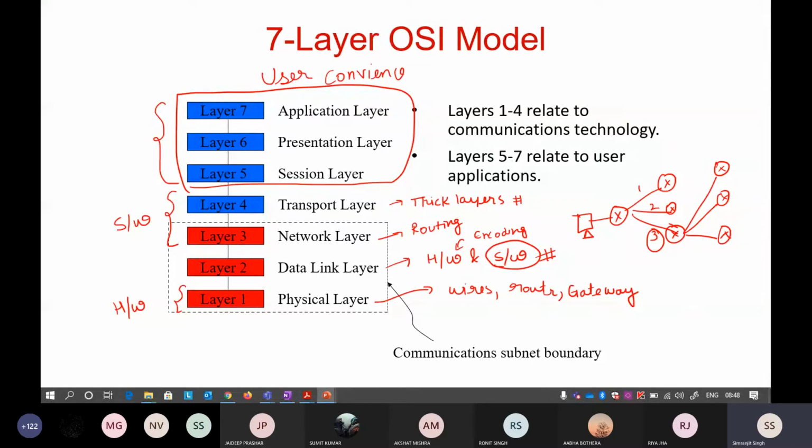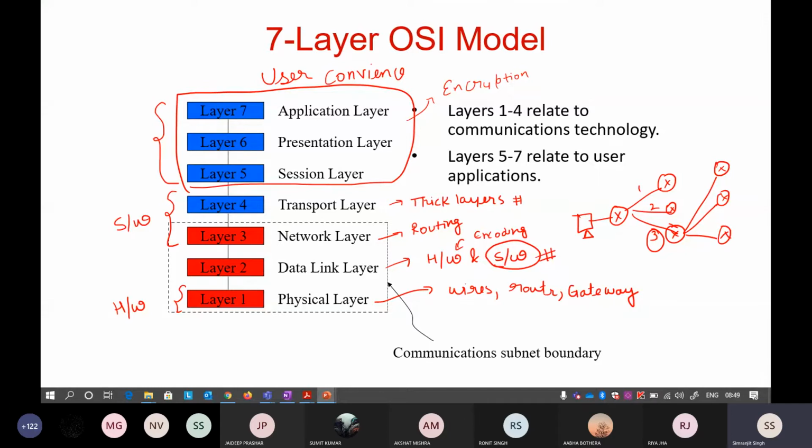But now you see that most of the time the application layer, the presentation layer, and the session layer are implemented, because the presentation and application layers provide encryption and decryption. Encryption decryption means, for example, in your WhatsApp there is something called end-to-end encryption.